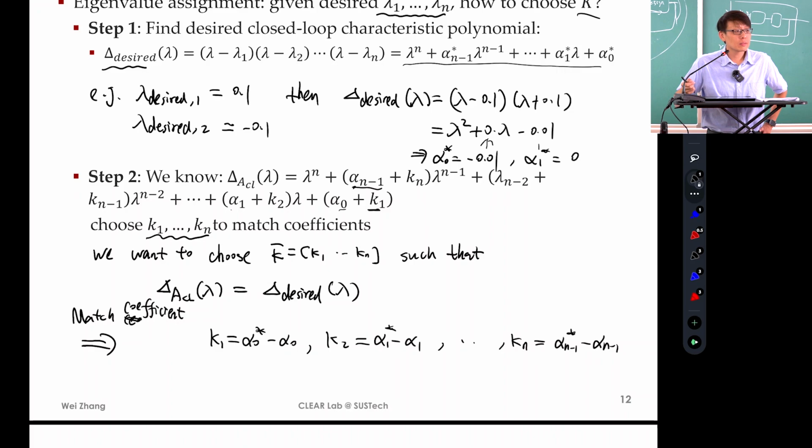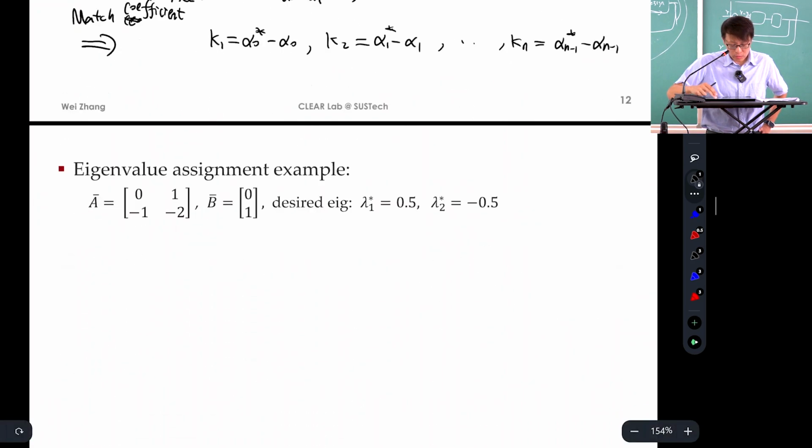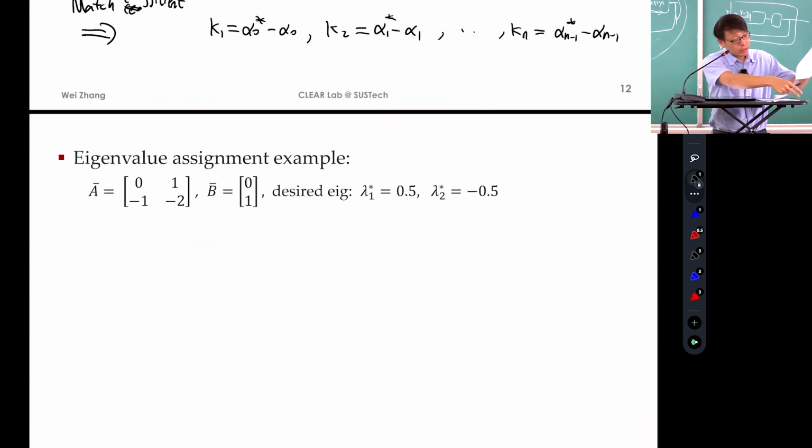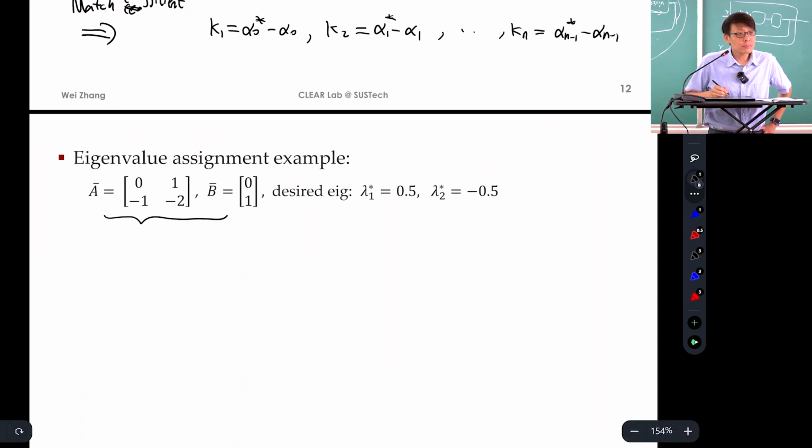We're done. Okay, let's do an exercise with numbers. I know you like numbers better than others. So suppose I have a system. Is this in controllable canonical form? Okay, it's a 2 by 2. It's in controllable canonical form. Okay, now the question is that we want to find the K bar, which is K1 and K2, such that